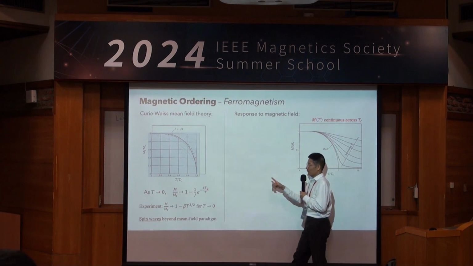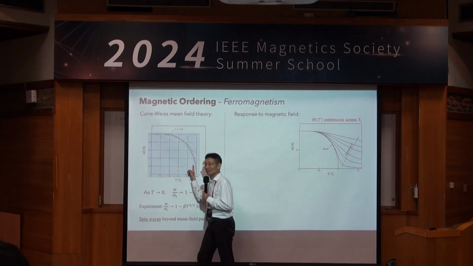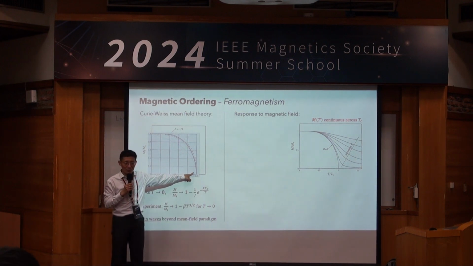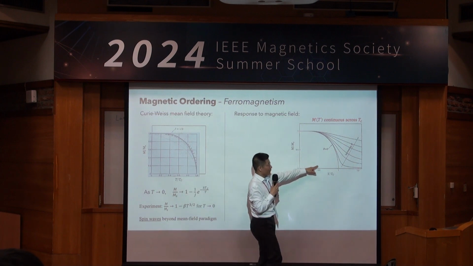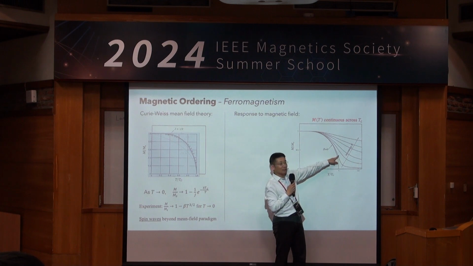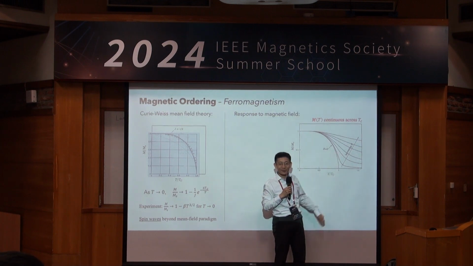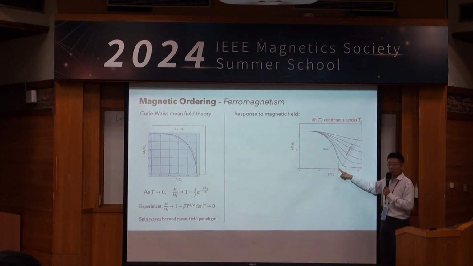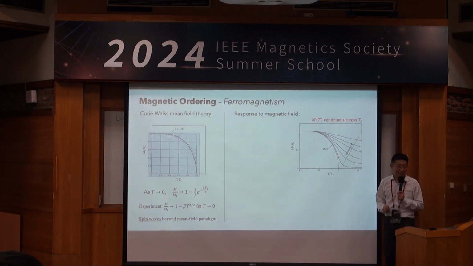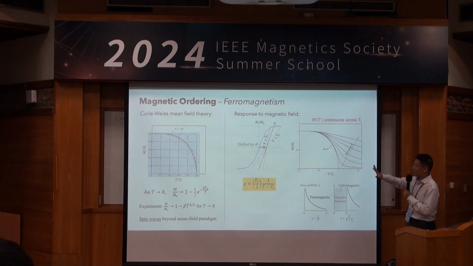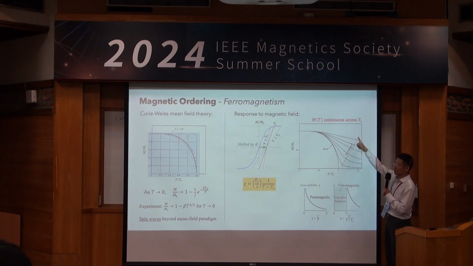So, the ferromagnetic Curie transition is a continuous phase transition. In the presence of a finite magnetic field, this becomes a crossover rather than a phase transition. Okay, so this is a key point. You will immediately remove the phase transition point by even an infinitesimal magnetic field. Okay? So in the presence of a finite magnetic field, we could also rid off the